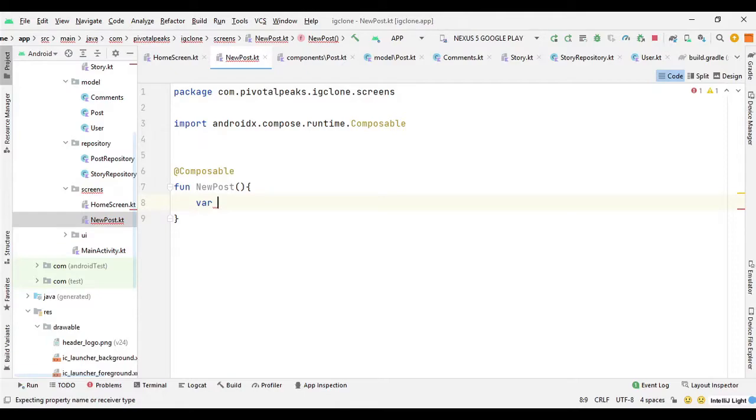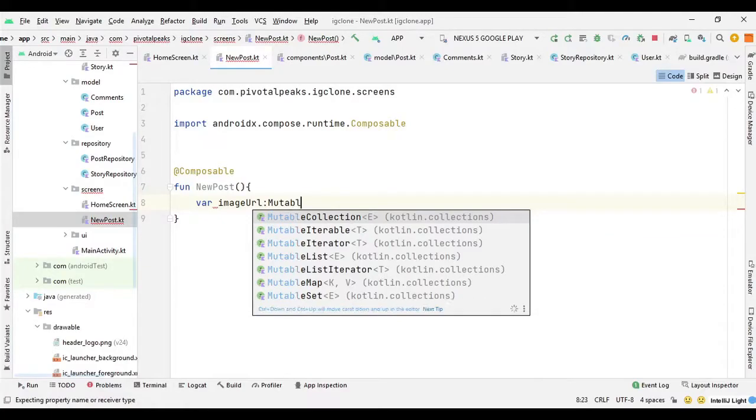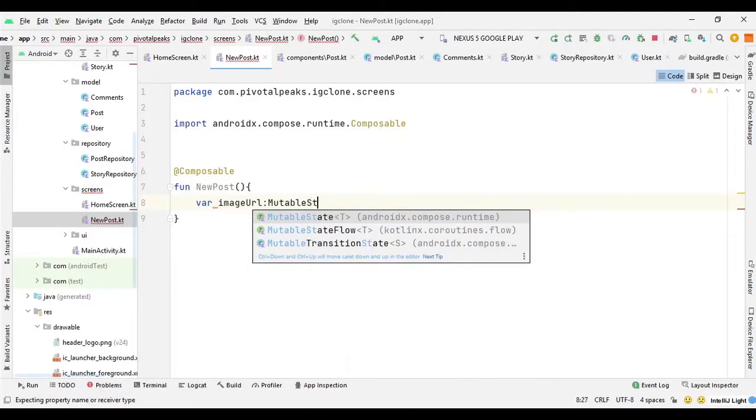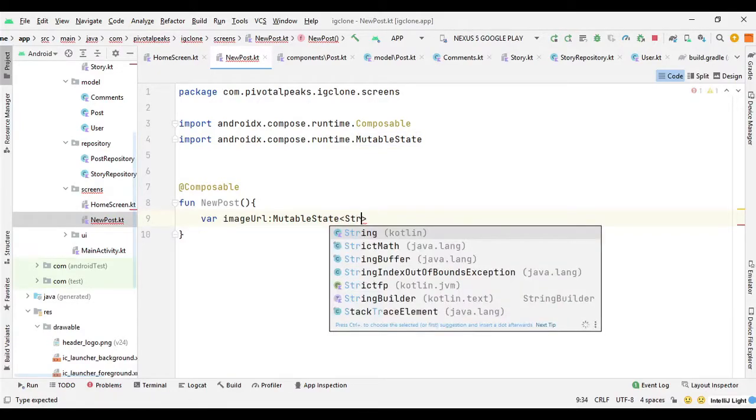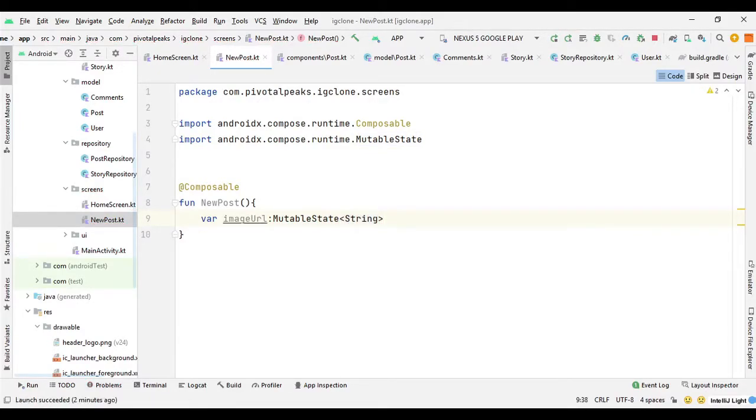So we will use var, because var can change its state whenever it's required, because in the beginning this screen has a placeholder image, and when we upload the image from URL it will be changed.